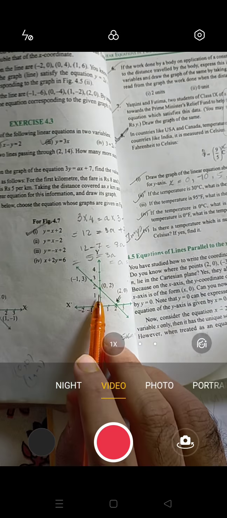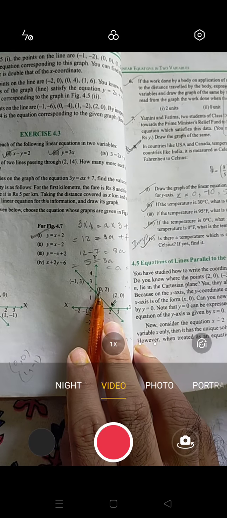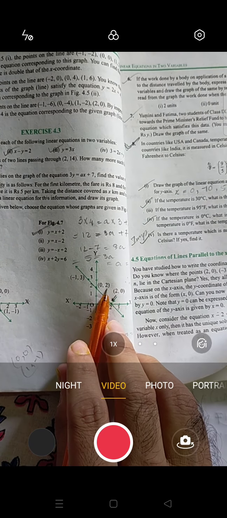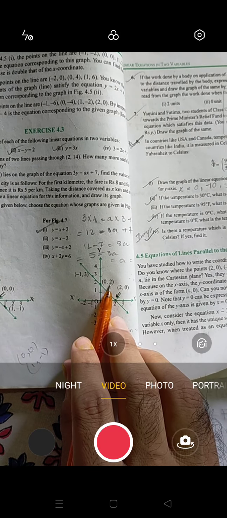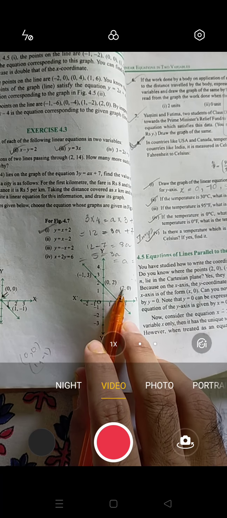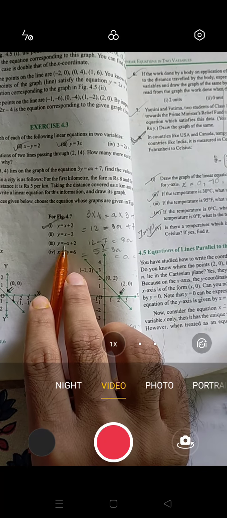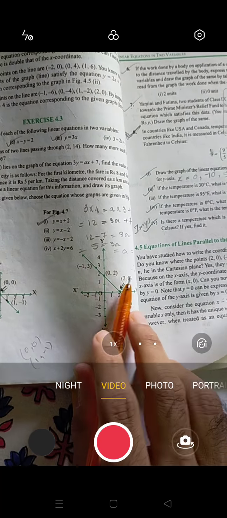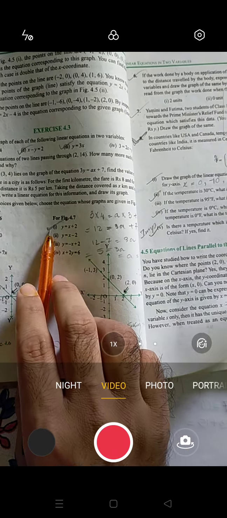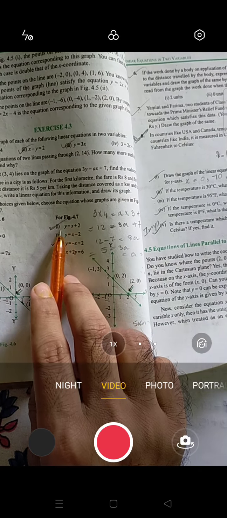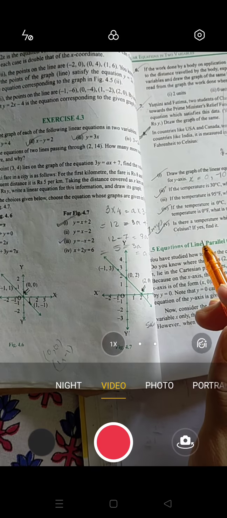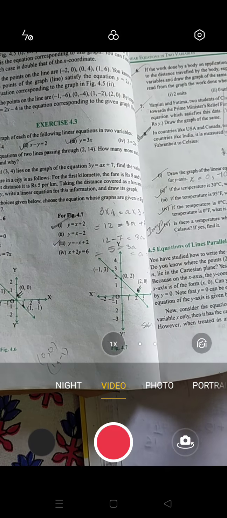Okay. Now let's substitute the others also. If we substitute x as 0, then 0 plus 2 will be 2. We are getting y as 2. Correct? Now if I substitute x as 2, then minus 2 plus 2 will become 0. That means y is 0. We are getting y as 0. That means number 3 is correct. This number 1 is wrong. Somebody has marked this one. I don't know who has marked this, but definitely the one who has marked this, that is wrong. Number 3 is correct. Is it clear?